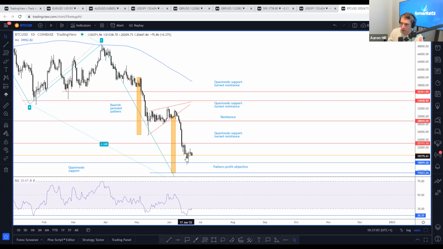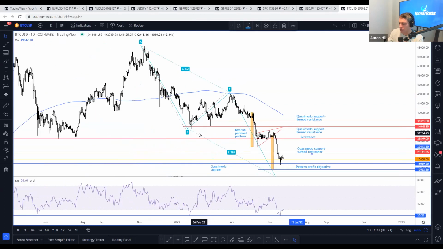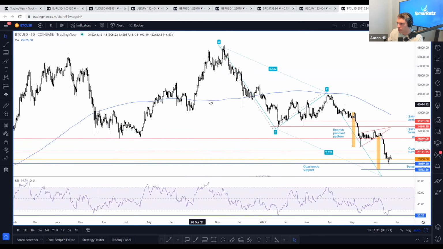Look, those breakout sellers here, they've shorted at this point, thinking it's going to continue lower. And what happens is it turns higher. Now, this could only be a short-term trade, right? This can only be a short-term trade. So as for targets, we've bounced off a Quasimodo support, right? As for a target, look above. We have a Quasimodo support turned resistance. Now, let me find that on the chart. We have a Quasimodo support at 23,111. So let's go across.